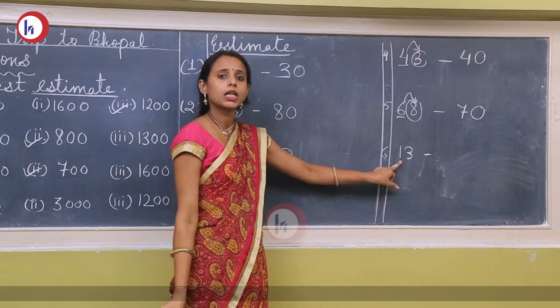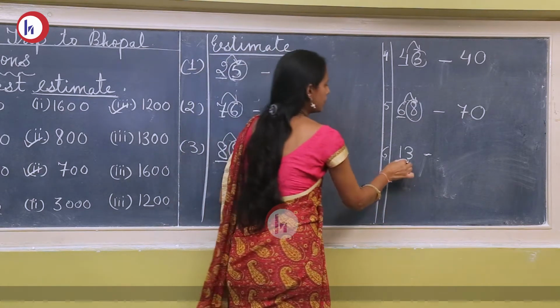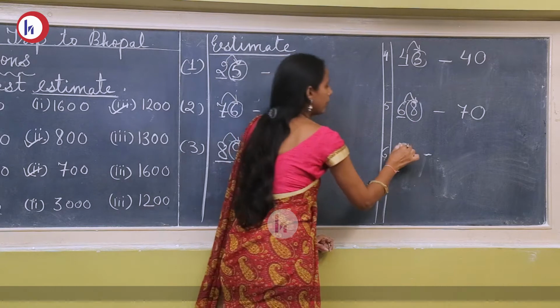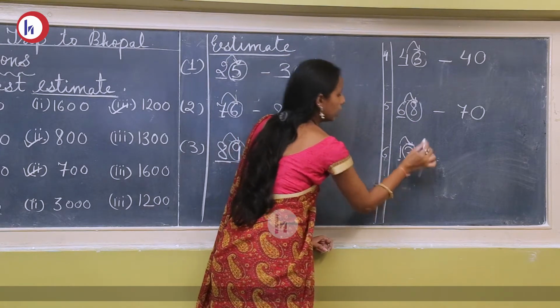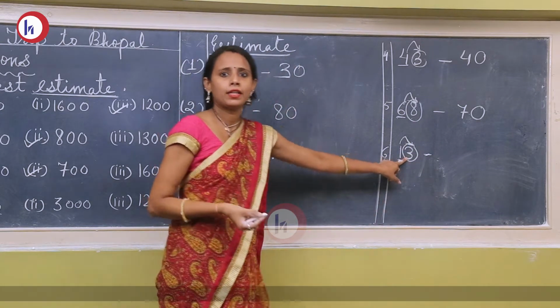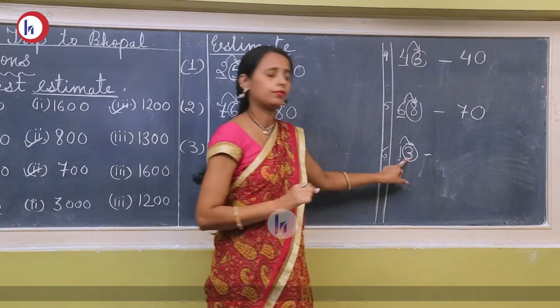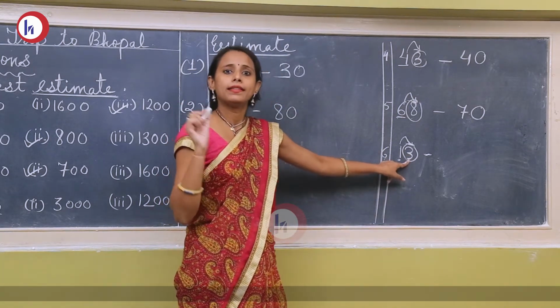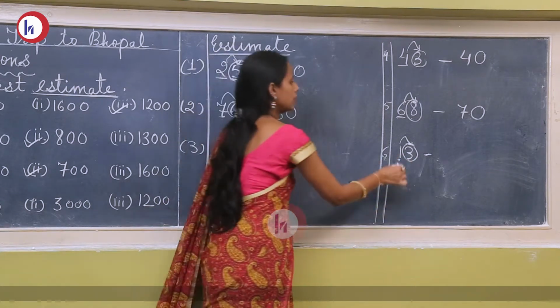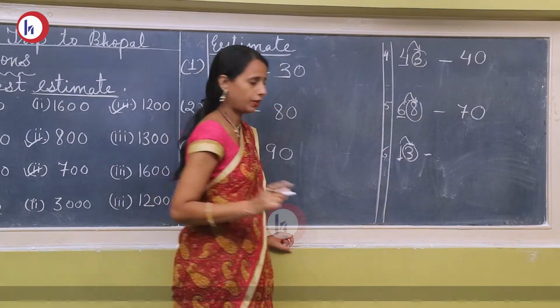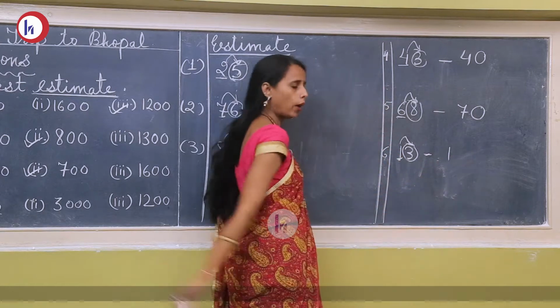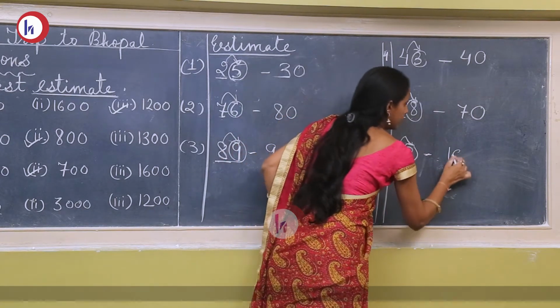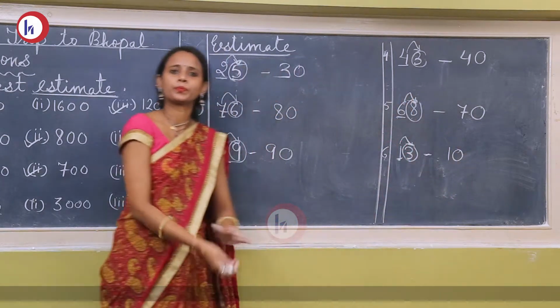Then the last one is 30. See the first digit, it is 3 and the right one is 0. Okay, 3 is less than 5 or more than 5? It is less than 5. So when the digit is less than 5, this digit will not be increased. So it will be as it is, 1 and 3 will be changed in 0.